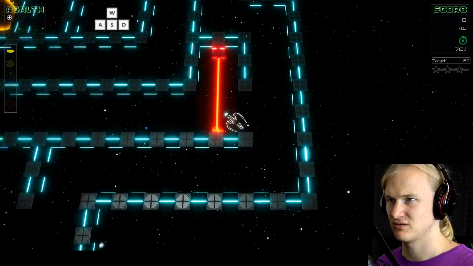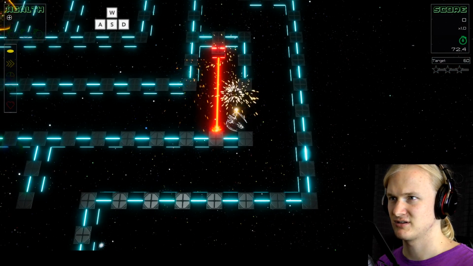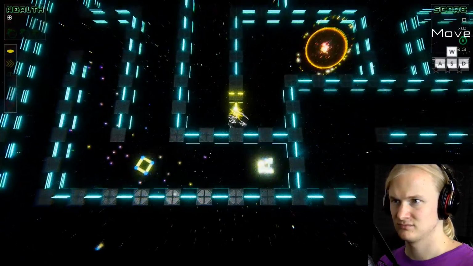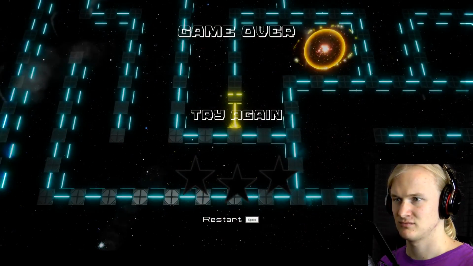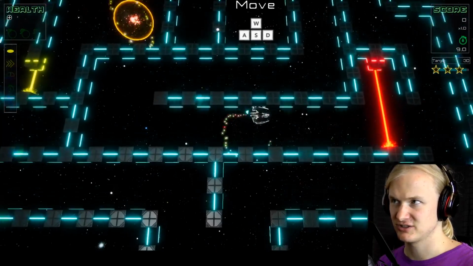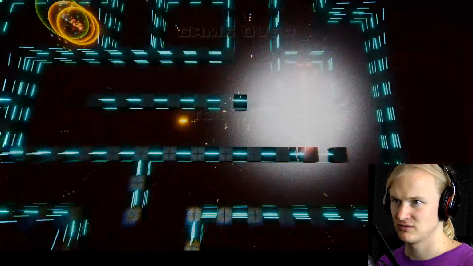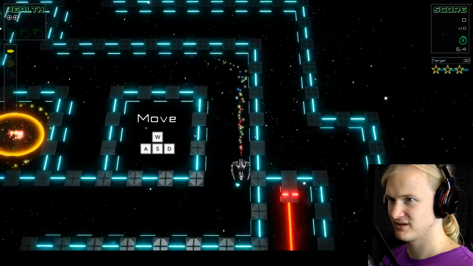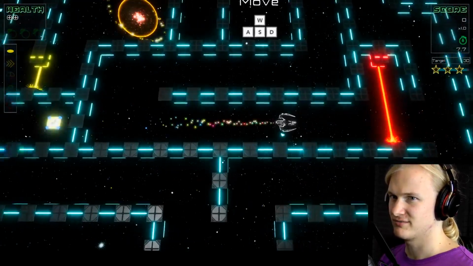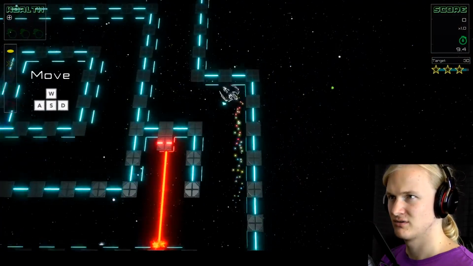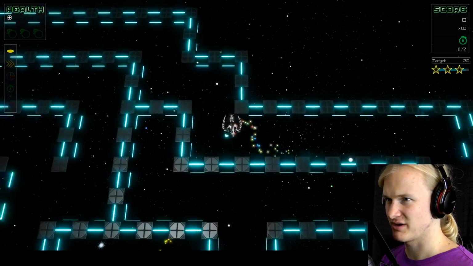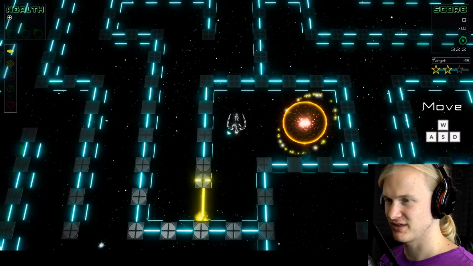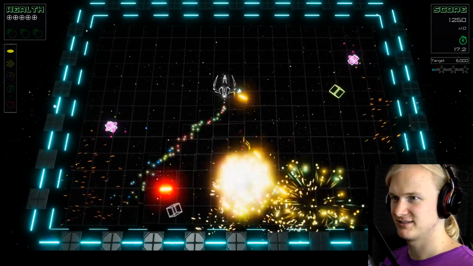Okay, what's with that? Am I supposed to destroy that laser, or how else am I supposed to get through that? How? That is strange. This is the first level and I have literally no idea how to get through that. Oh, I just need to pick up the health pack. Is that all? Pick up another health pack, which allows me to get through that. Okay, lol. It's so hard to aim.